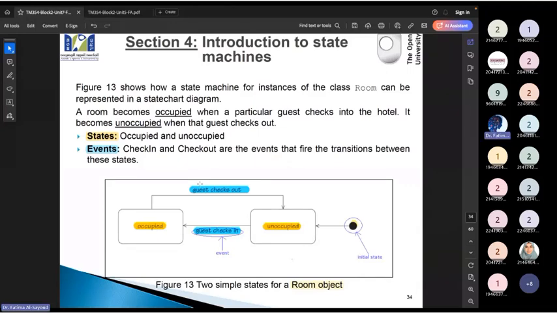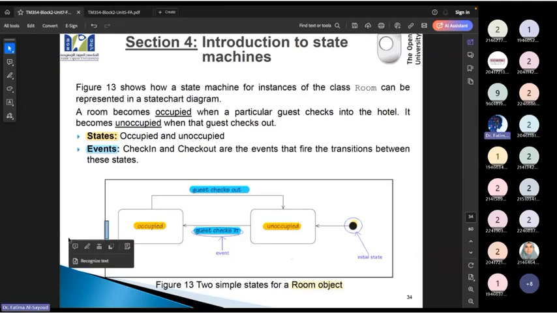Okay, so now this diagram shows us the status of an object. An object such as a room can be occupied or unoccupied. To draw a state diagram, we always have an initial status and we can have a final status.